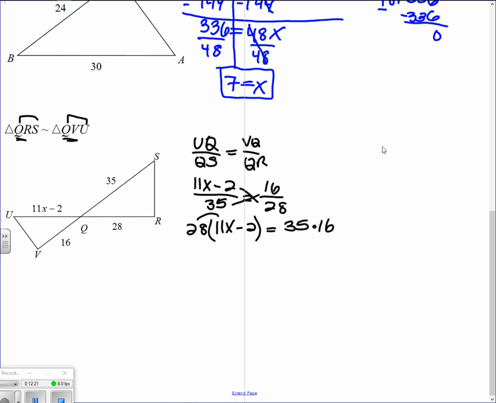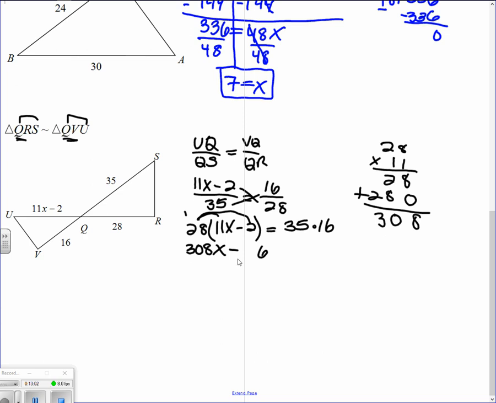28 times 11. What is 28 times 11? 1 times 8 is 8. 1 times 2 is 2. Put a 0 here. 1 times 8 is 8. And 1 times 2 is 2. And add those. The answer will be 8, 10, 0 carry 1, and this will be 3. So it'll be 308x minus 28 times 2. 2 times 8 is 16, 6 and carry your 1. 2 times 2 is 4 and 1 is 5. And it's equal to